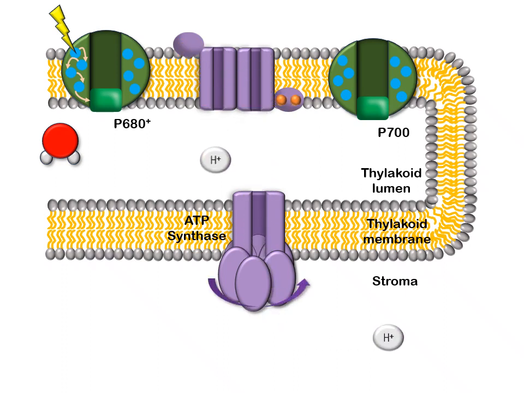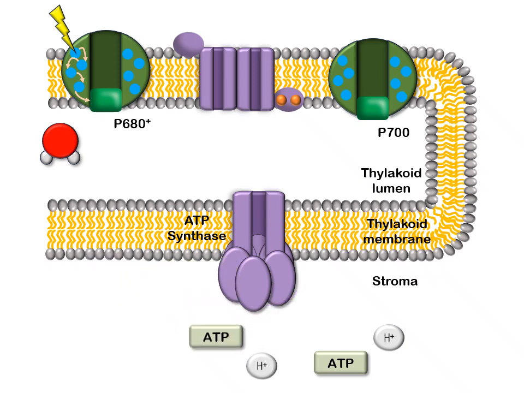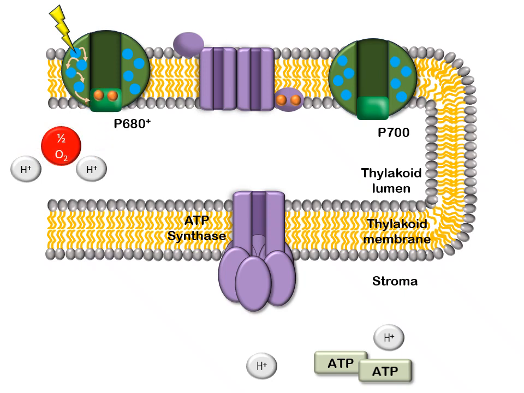The electrons will be passed down an electron transport chain similar to the one used in cellular respiration, with the energy used to pump hydrogen ions into the thylakoid, which will then diffuse out through ATP synthase, producing ATP. The electrons from P680 will be replaced by splitting water, resulting in oxygen and hydrogen ions, and reducing P680+ ready